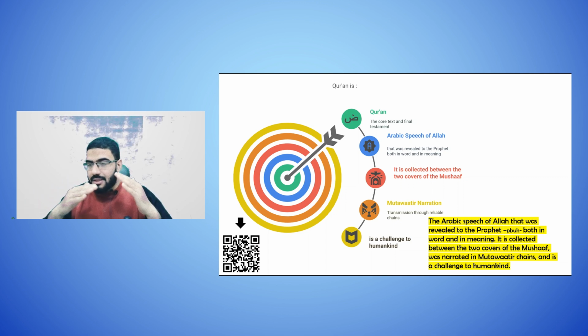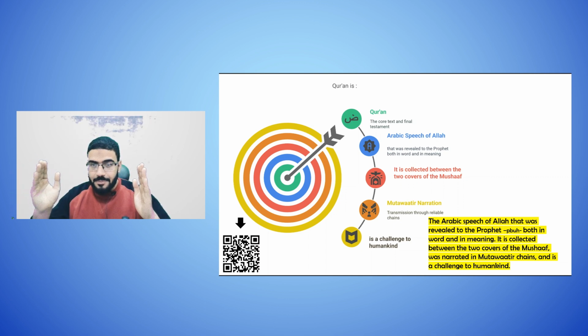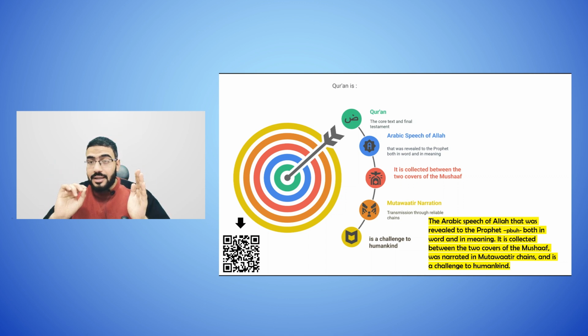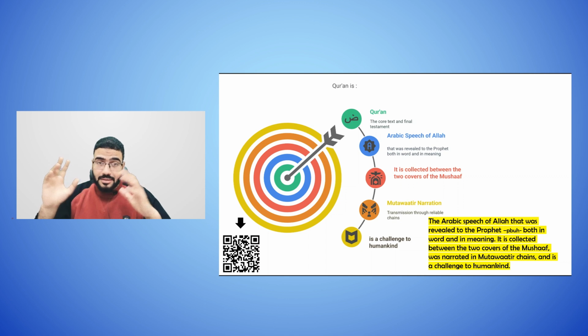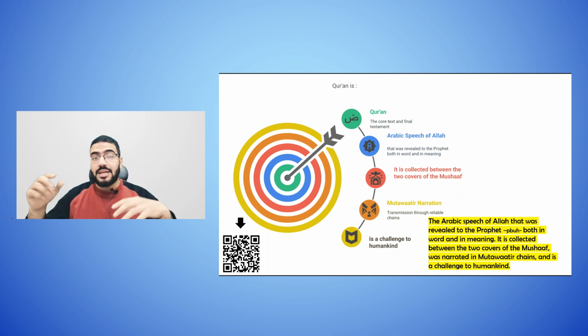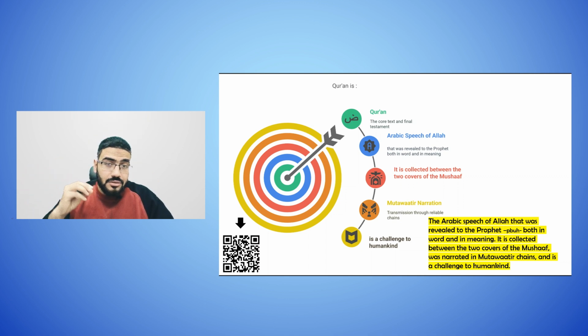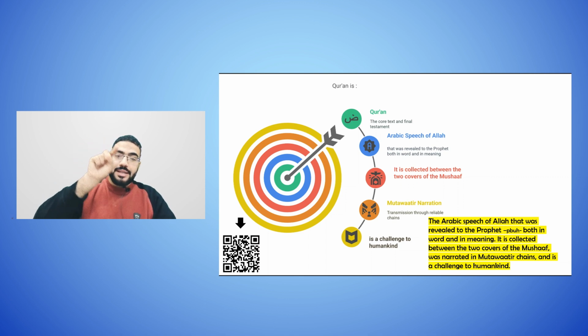It is a revelation from Allah, because وَمَا يَنطِقُ عَنِ الْهَوَىٰ, he didn't say things just by his opinion. It is from wahy. إِنْ هُوَ إِلَّا وَحْيٌ. But hadith is the meaning from Allah, while the word is from the Prophet sallallahu alaihi wasallam. But Quran is both in word and in meaning